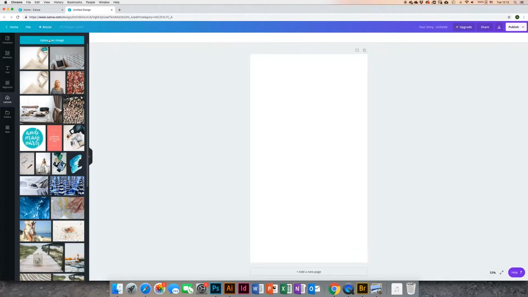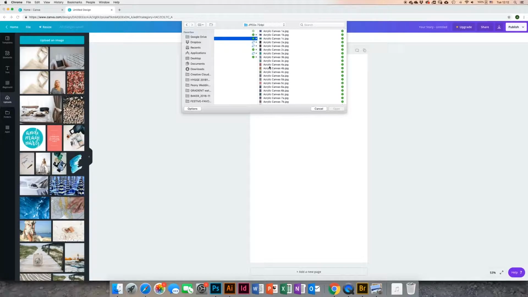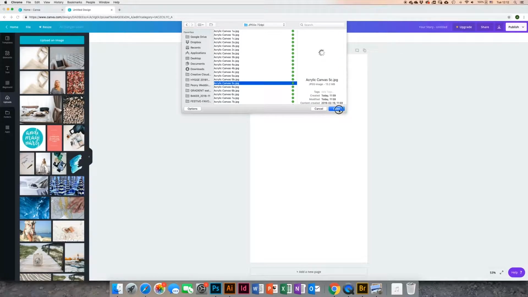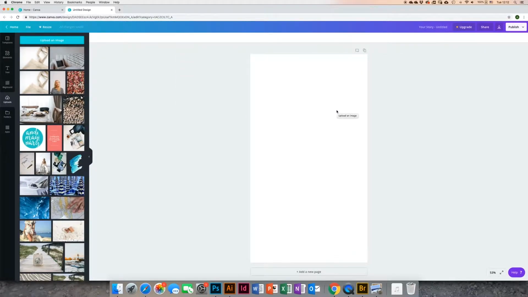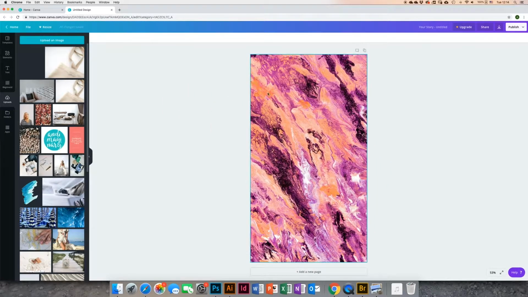So I go to uploads, upload an image, and here are our files, and I recommend you to use the 72 dpi resolution files. Let's choose this one. Okay, when it's done, you can choose to just pull it in the background, of course,